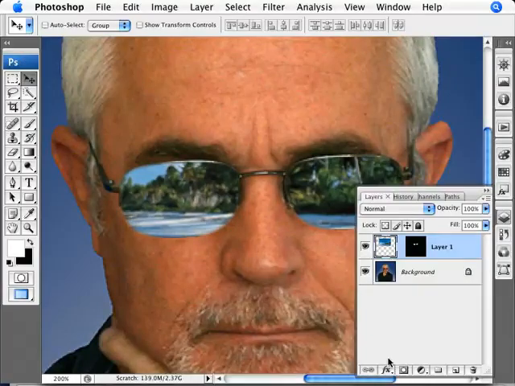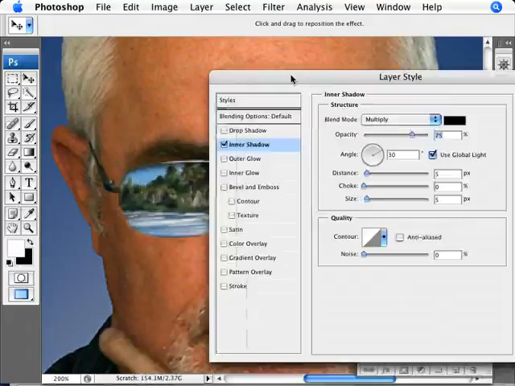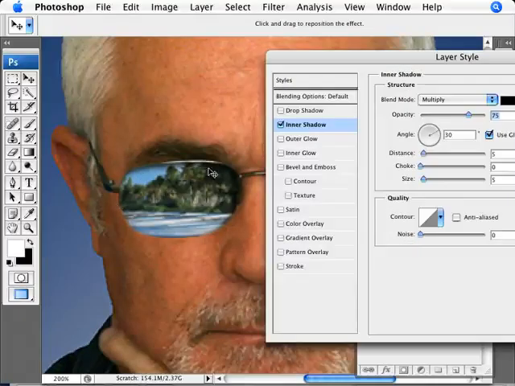Okay, now what we're going to do is add a little effect here. We're going to add in an inner shadow so that we have a small inner shadow going into the glasses around here at the top. So I'm actually going to change the angle here to 122, so it comes off. Actually, going to change a little bit right there, 105, so it comes off more at the top, and with a distance of, say in this image here, distance of 3, and a size,